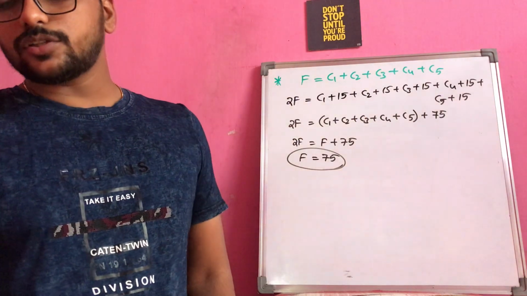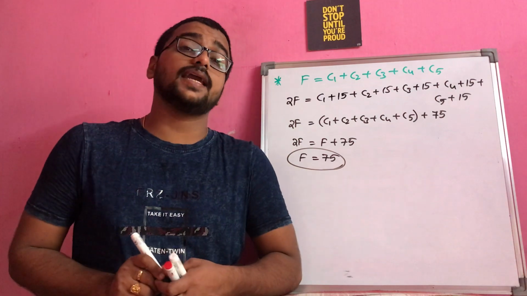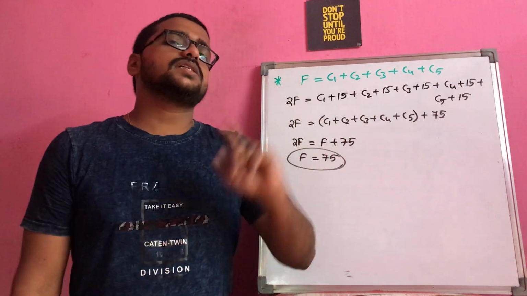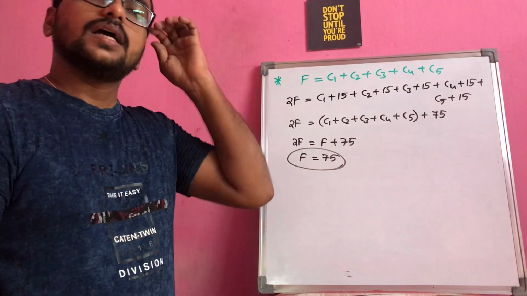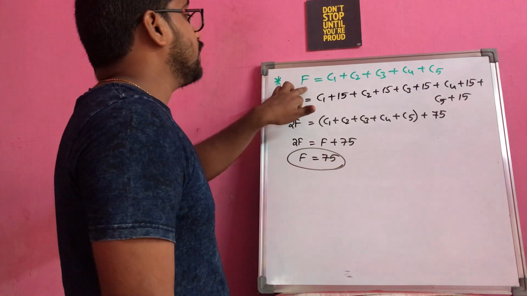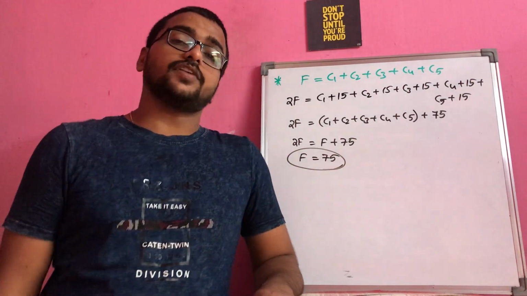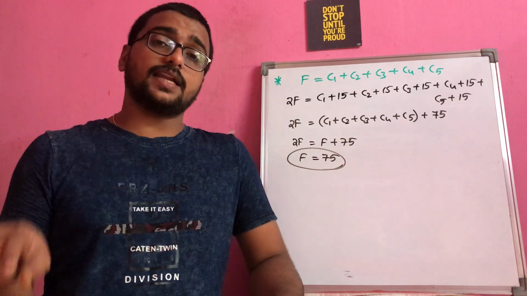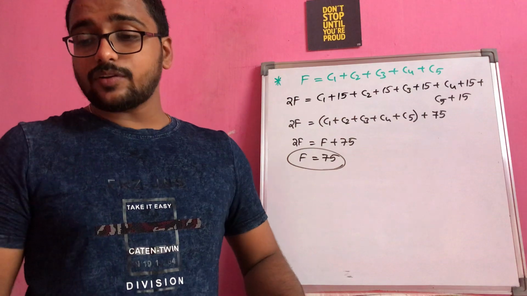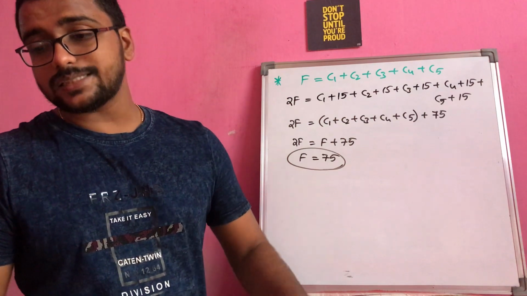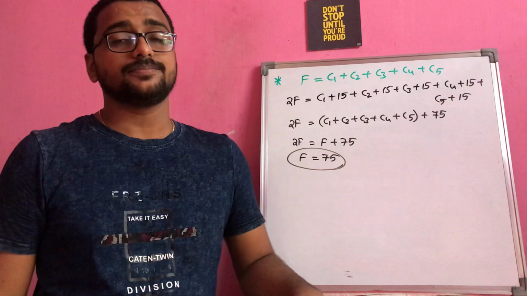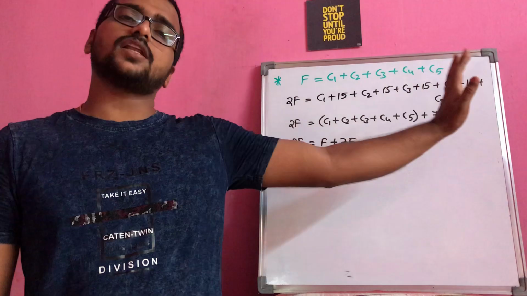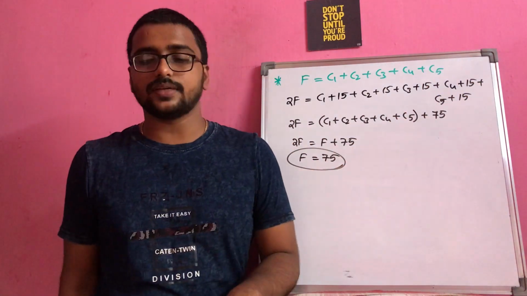So what they are asking in the question, obviously, they want to find the age of the father. So we should understand the question correctly. The common mistake students will make is they will think that after 15 years means father's age also will become f plus 15. No, like that they will think. Yes, that will be f plus 15, okay, but what they specified here is that after 15 years, the sum of the ages of the children will be twice the age of the father. So father's age is f, and these are all the ages after 15 years for the children. That's how f is equal to 75.